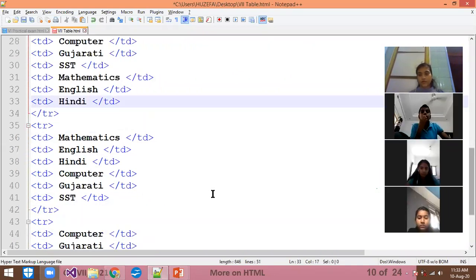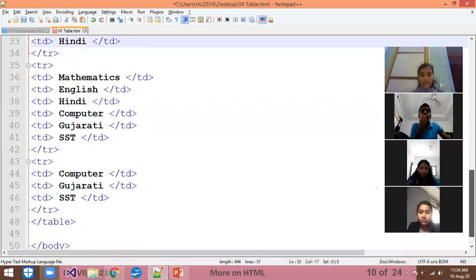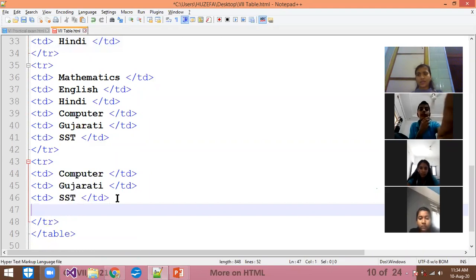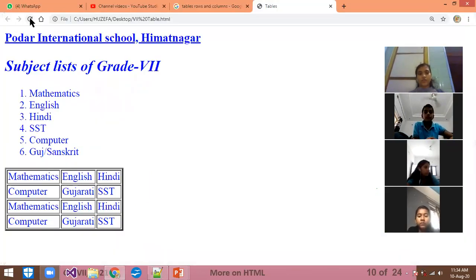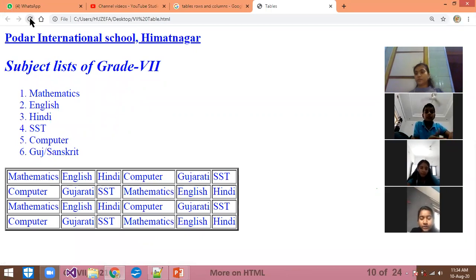Ma'am, do we have to write the number of the border in quotes? Yeah, no, it's okay. It's a number, so you can write it simply. Whenever you are writing text, you compulsorily use the double quotes. Okay, refresh, and you can see. Ma'am, in the textbook it is given with double quotes. It's okay, but I am writing it without double quotes and it works. For numbers, it's not necessary to write in double quotes. Whenever you are using a color, then you compulsorily have to write the double quotes. For example, if you want to add background color equals blue, then "blue".